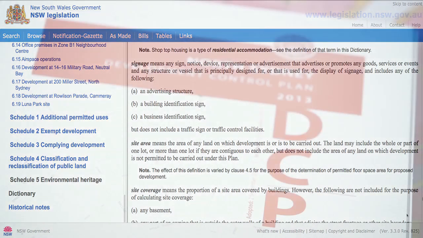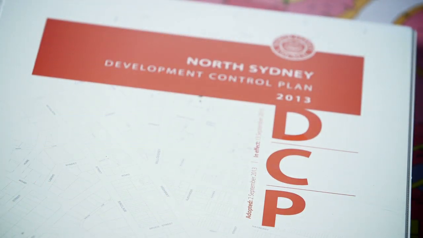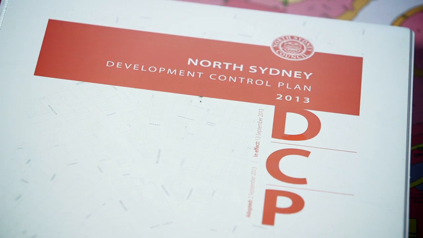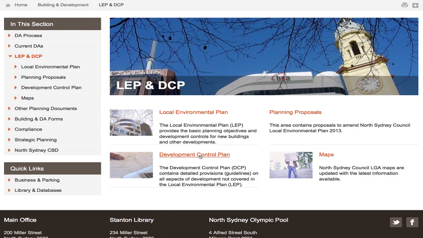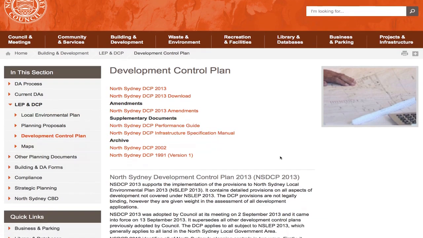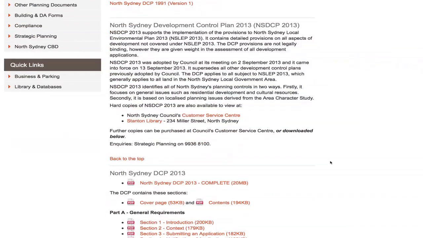Now let's look at the Development Control Plan, or DCP. DCP 2013 is a planning policy document that contains detailed information in support of the LEP controls. While it's not a legally binding document like the LEP, the guidelines in the DCP are taken into account when